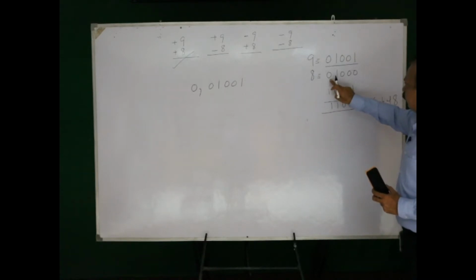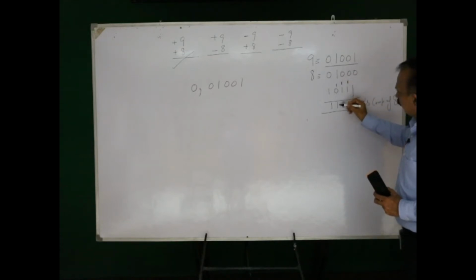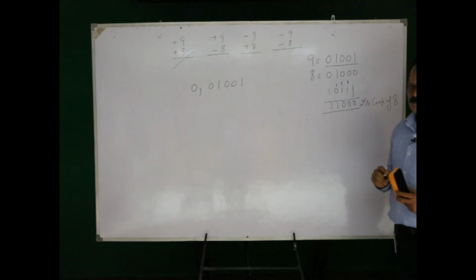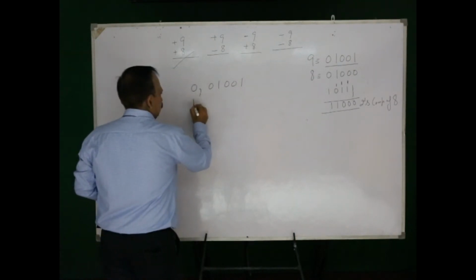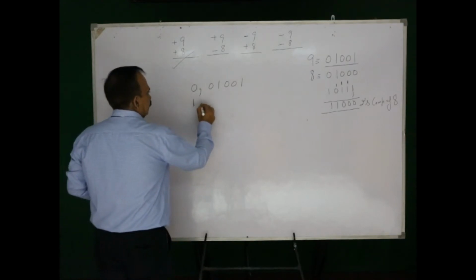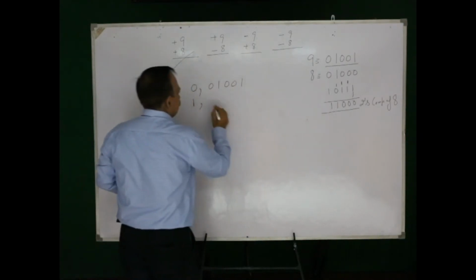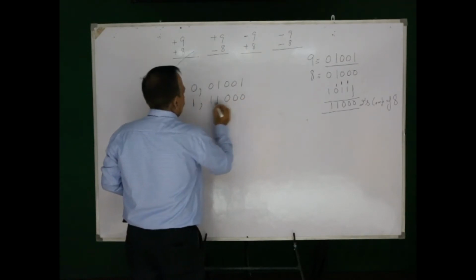What I did is take 1 0 1 1 1 and add 1. 1 plus 1 is 0, the carry is 1, 0, the carry is 1, 0, the carry is 1, this is 1 and this is 1. Now this will be represented here as 1. Why 1? Because the number is negative, and in 2's complement it is 1 1 0 0 0.